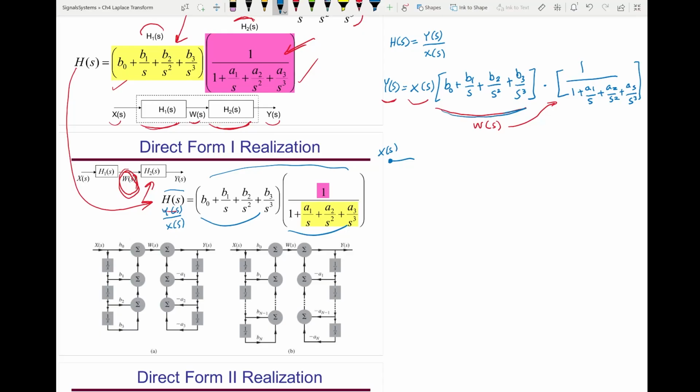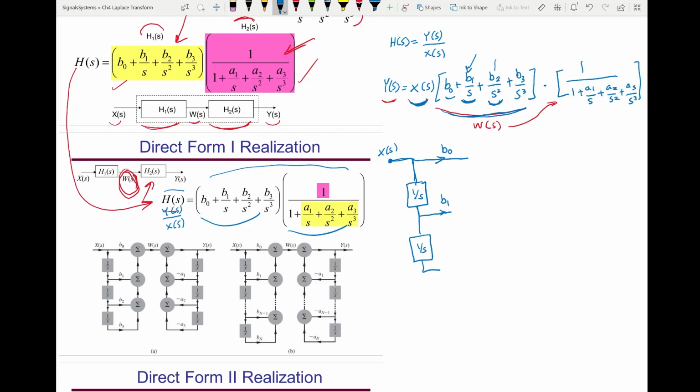Now what is this subsystem? Well, B0 is just an amplifier, so it will go to an amplifier of gain B0, whatever, it could be 3, 5, 6. Then X of s also will go to this 1 over s integrator, and then amplified by B1. Also X of s will go to a second integrator, 1 over s squared. So then it will go here, one integrator and second integrator,